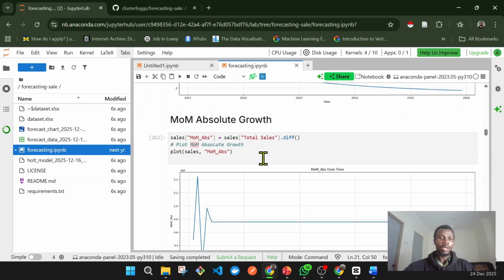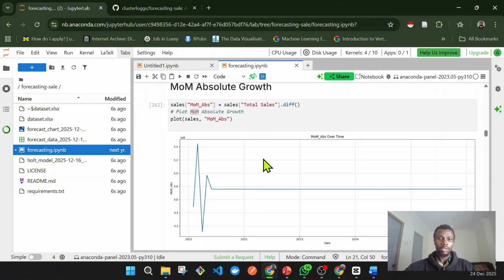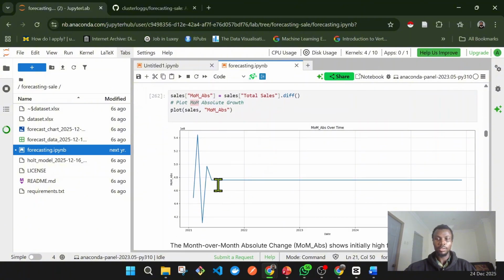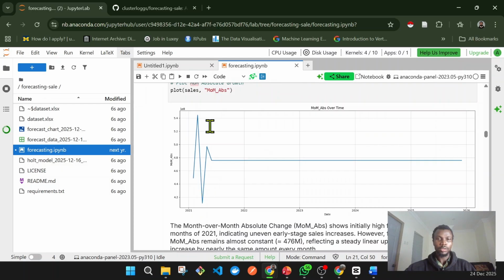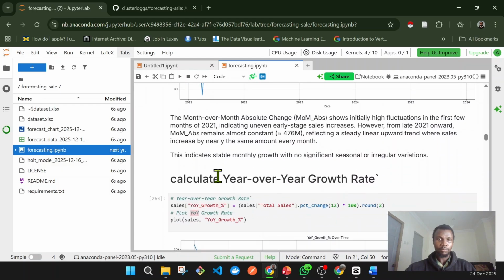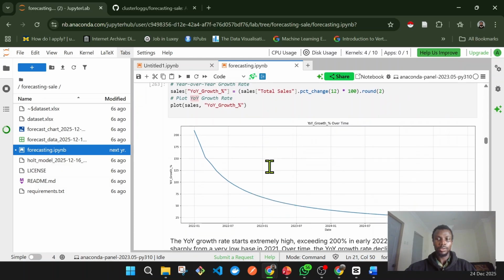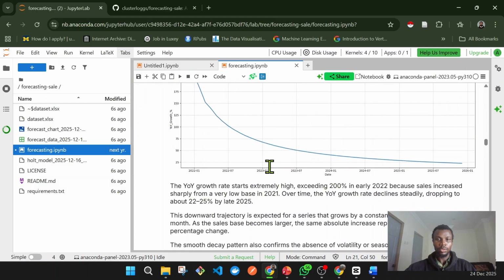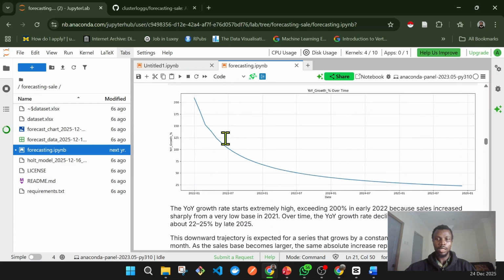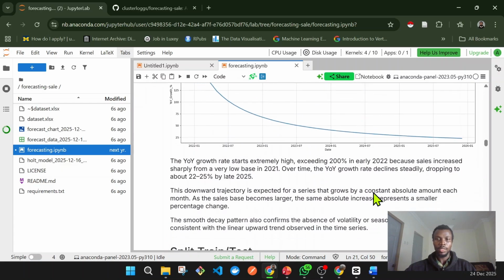Also for MoM absolute growth, you can see the spike and it stabilizes over there, although it has some spikes in the early years. I also calculated the year-on-year growth rate, and we see the chart also, which has a downward trend,